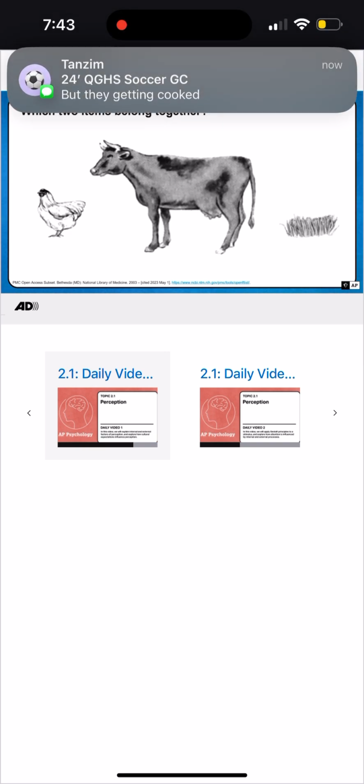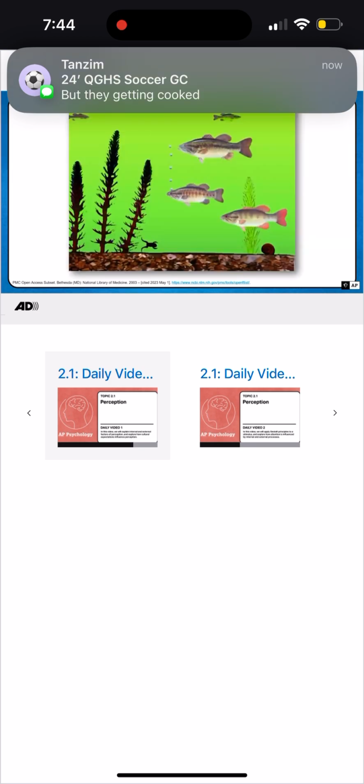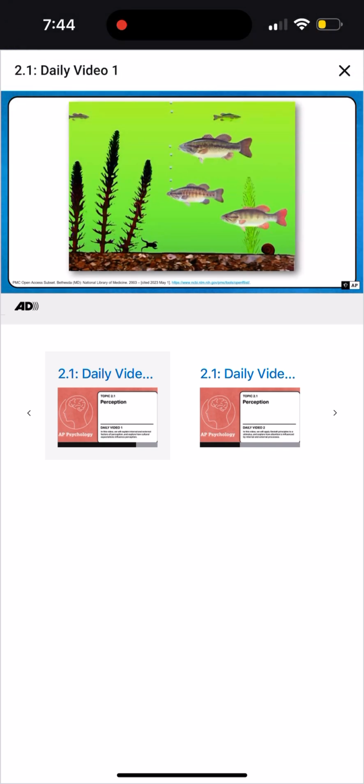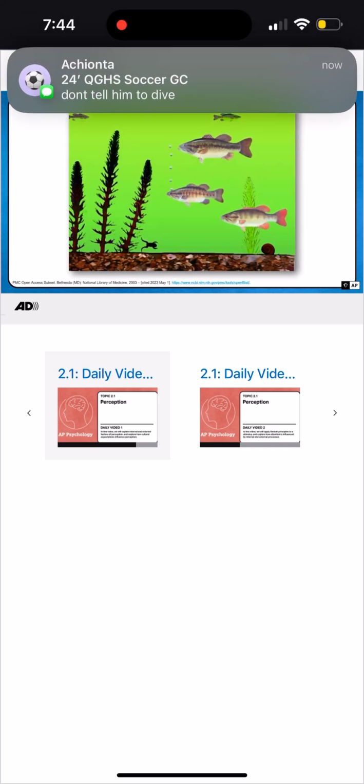Let's look at a final cross-cultural study. The research hypothesis was people from Japan, an Eastern culture, focus more and have better recall for objects in the background of this scene than people from the United States, a Western culture. Researchers had participants come to the lab and watch an animated short video of this underwater scene. The three large fish, mostly to the right, are considered the foreground, the focus. The plants on the left and the other objects on the top and the bottom are considered the background.